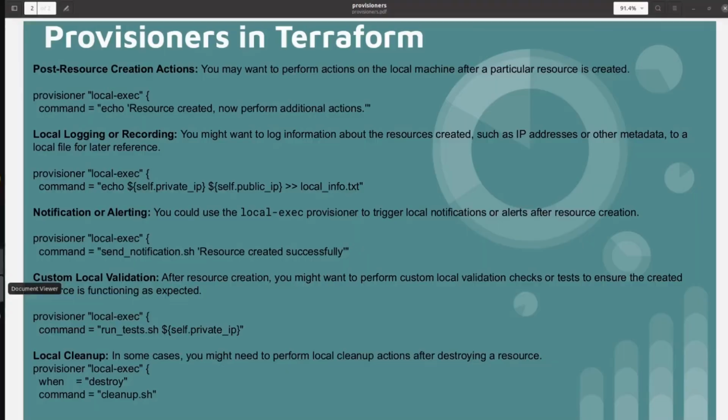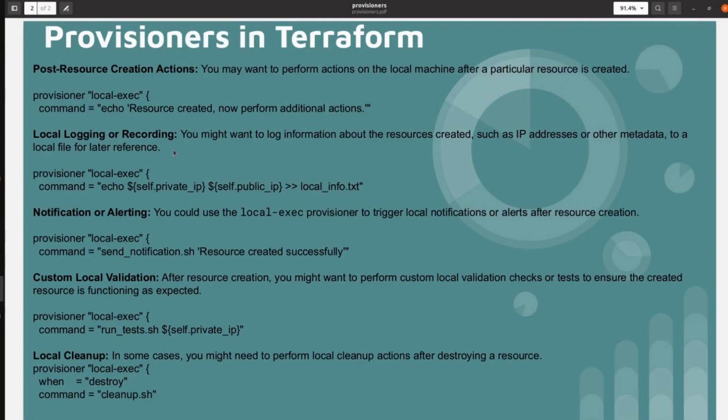Let's go to the other use case: local logging or recording. You might want to log information about the resources created, such as the IP address or other metadata, to a local file for later reference.